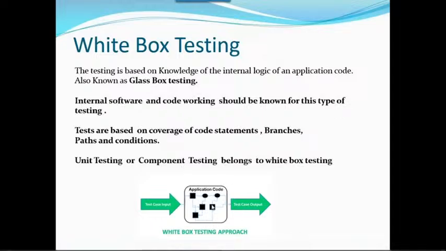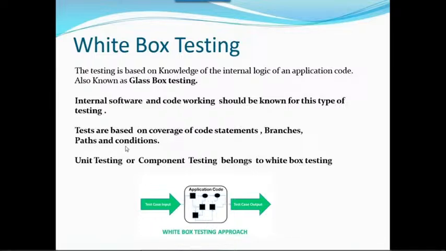Why can we call it a white box? Because I'm able to see the code. The developer is able to see the code. So that's the reason they call it a white box. White box means if you write anything, we are able to see that code, right? They also call it structural testing. Generally, they call it white box.